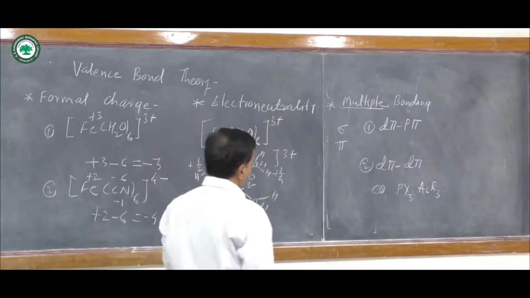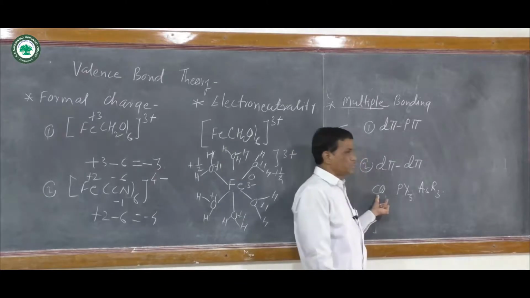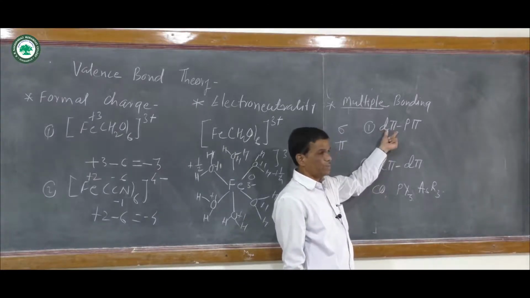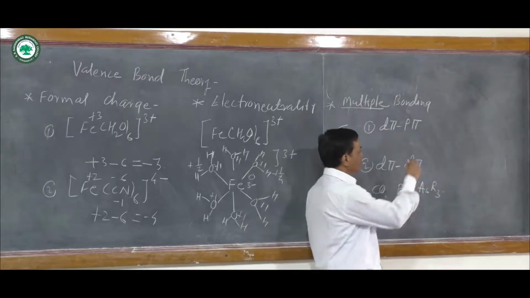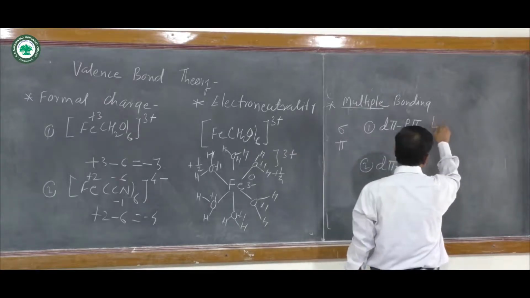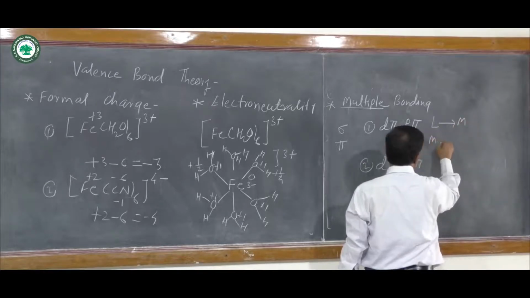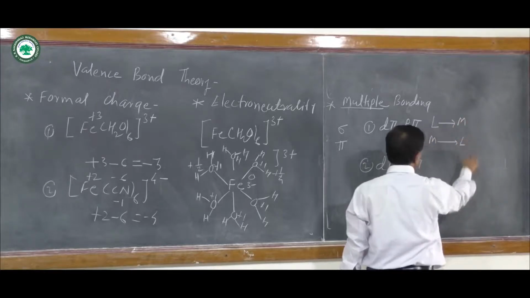These ligands are electron donors as well as electron acceptors. Therefore, you know that the carbonyl ligand is known as a pi acid ligand. In a pi acid ligand, there is a d pi, p pi type of overlap, meaning first there is ligand to metal electron donation and then metal to ligand donation.